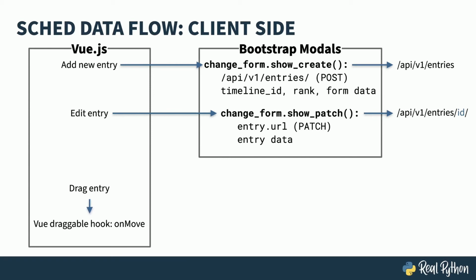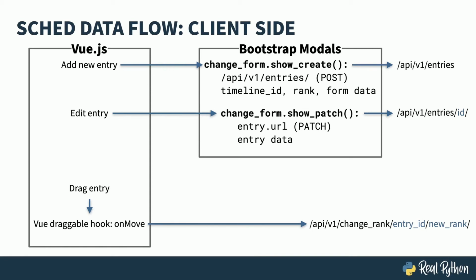This is done through a library called VueDraggable. VueDraggable has a hook on it for the onMove event. The function that is called in the onMove event figures out what entry has been changed and calls through REST the change rank call. This passes in the ID of the entry being changed and the new rank. That calls the specialty view that ensures that entry's save method gets called,